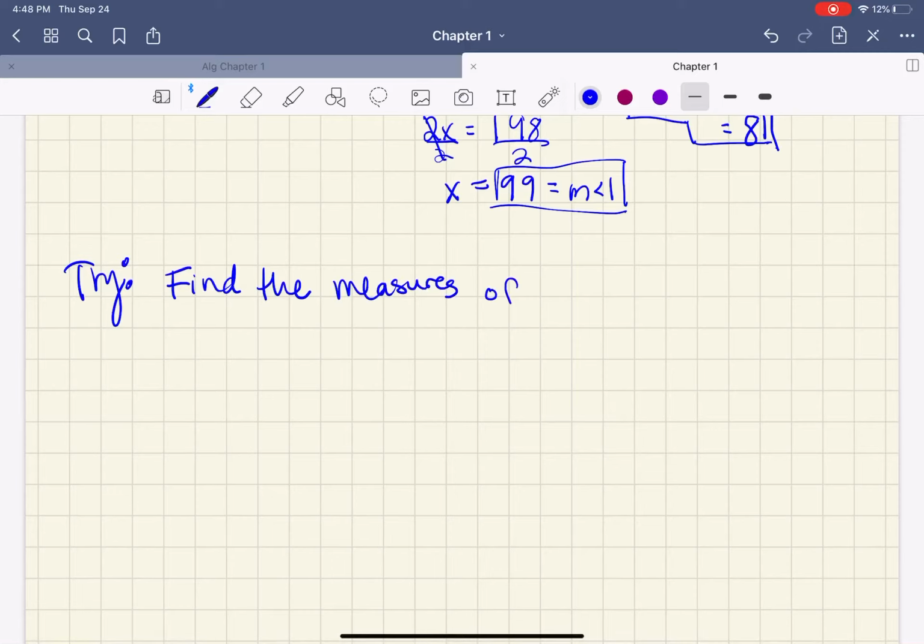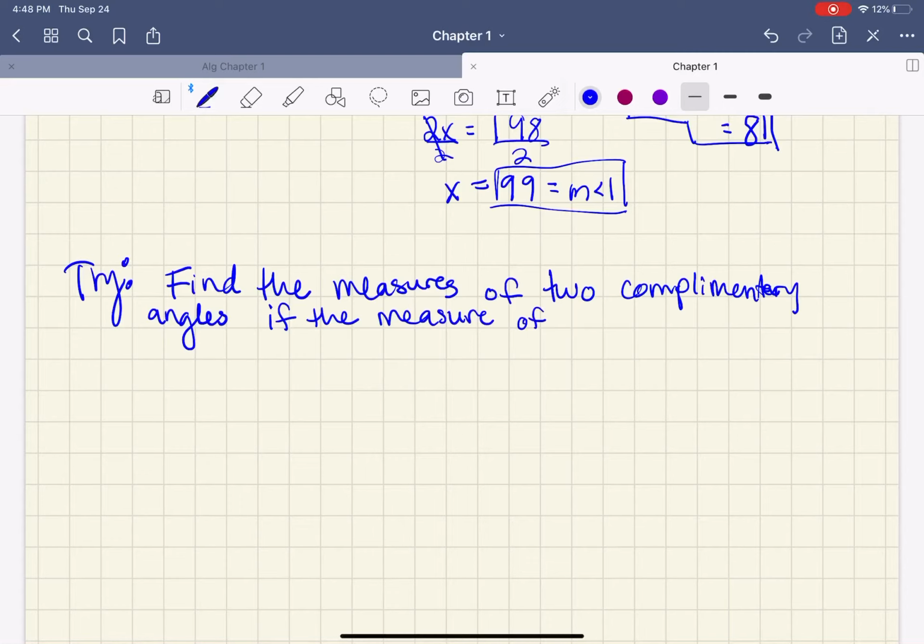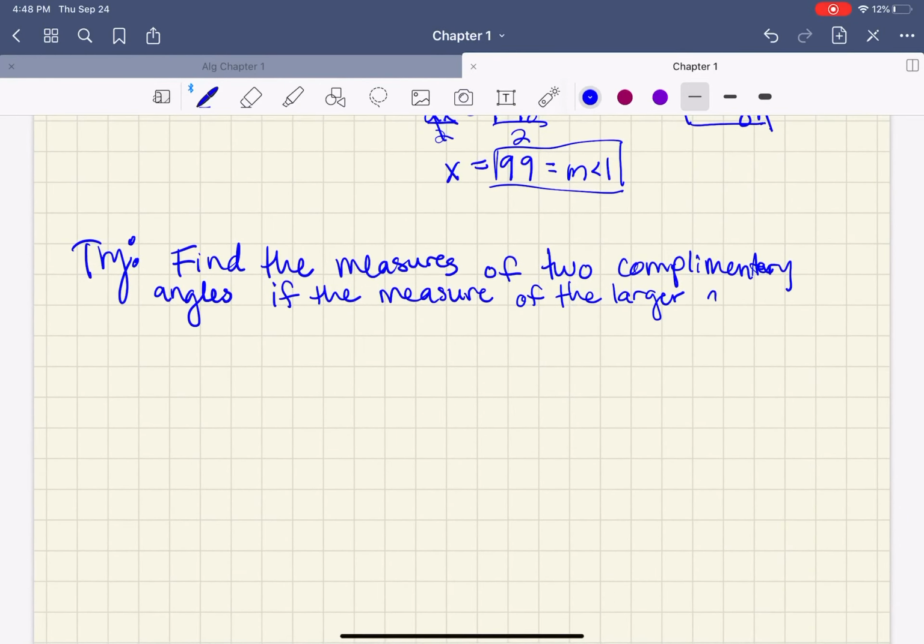Find the measures of two complementary angles if the measure of the larger angle is 12